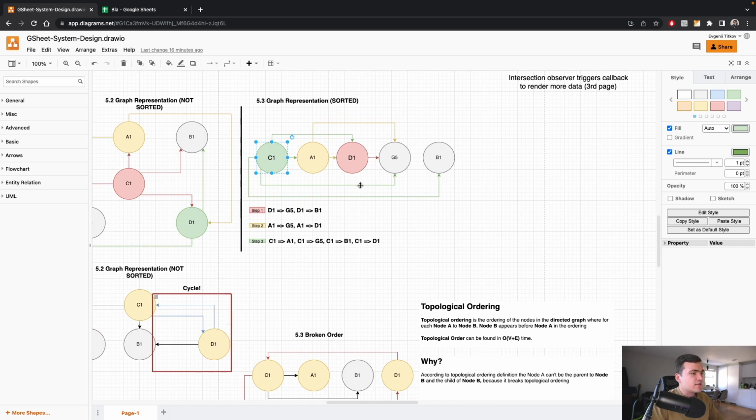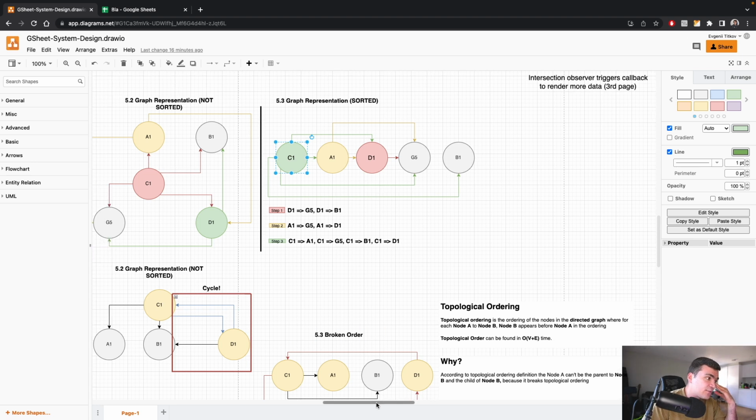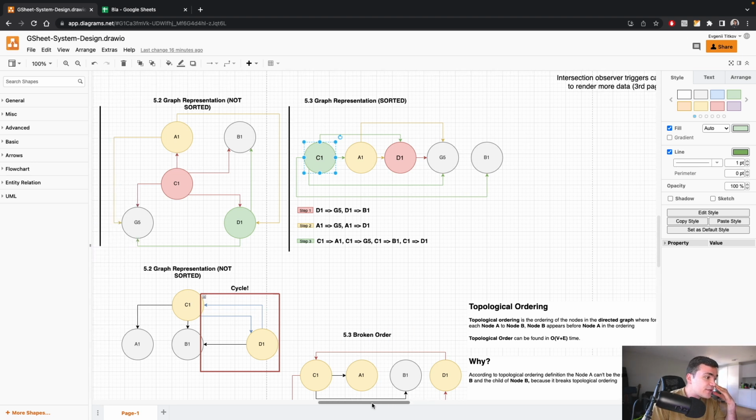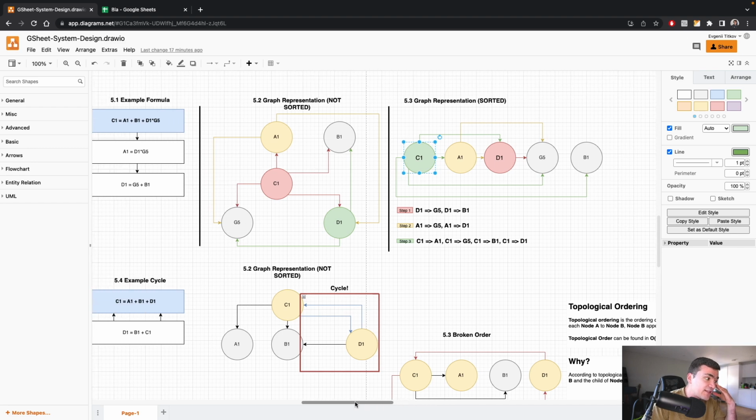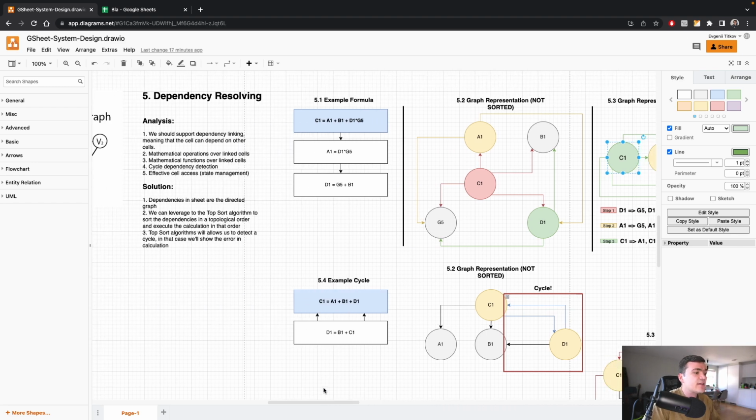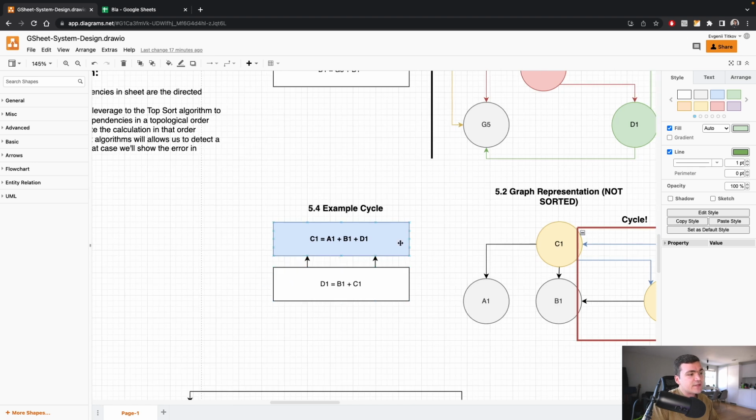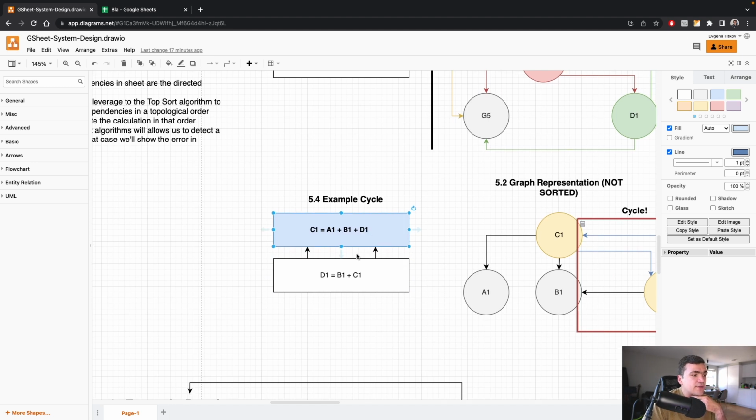Also, what happens if we have a cycle in our graph? Topological ordering will enable us to find this cycle, and let me show you an example. Here is just a simple example of a possible cycle. C1 would equal A1 plus B1 plus D1, but D1 would equal B1 plus C1. So this is a cycle